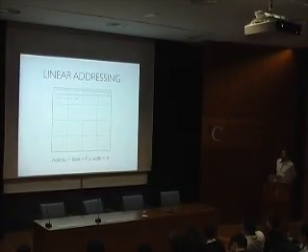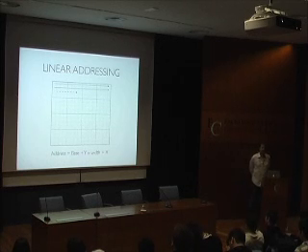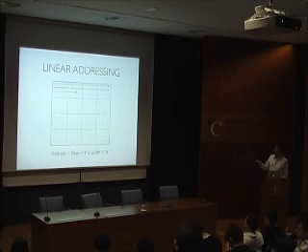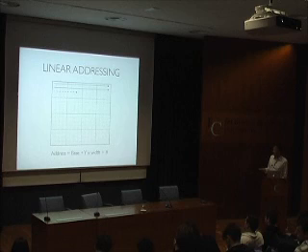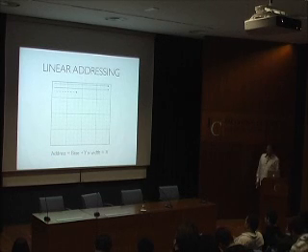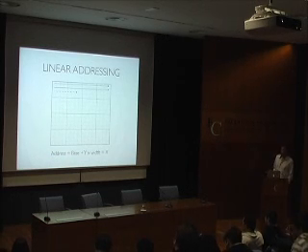So linear addressing, we have essentially an array of pixels in memory, it's like a 2D array, and so we need to compute the address of any one of the pixels in this texture. So we have a base address, which is the address of the top left pixel. We have the x and y, which are the coordinates of the pixel we're trying to access,